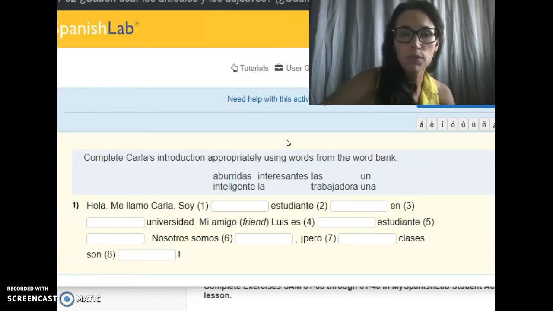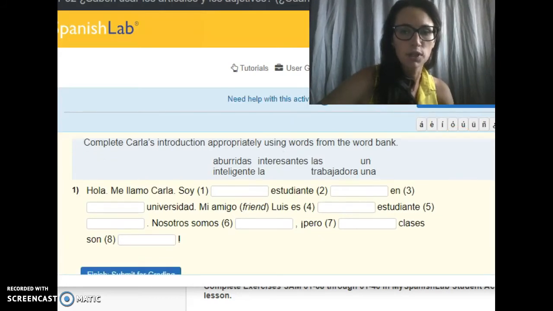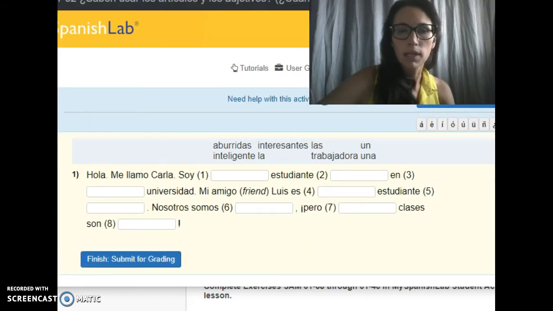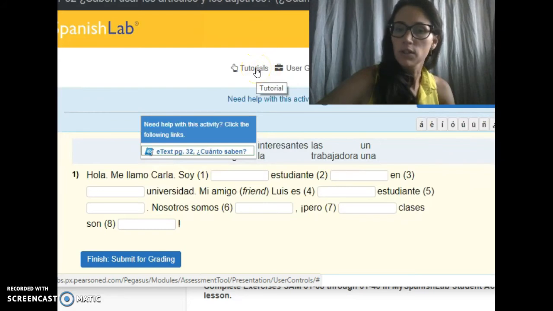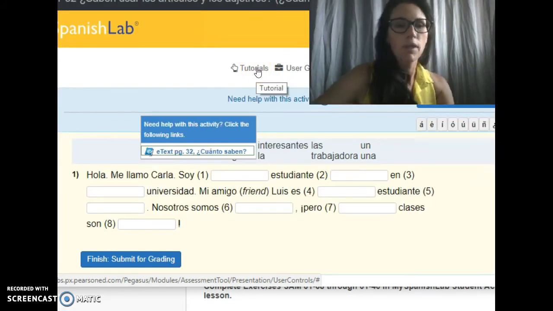So that's helpful, especially if you choose the option for scheduling where you read all of the text and then you go do all of the My Spanish Lab assignments for the week. Sometimes it can be hard to remember what specific topics each assignment is assessing. And so using that and referring back to the exact page where the lesson was can be helpful to you. There are also links here to the tutorials. They are not specific to the particular lesson that you're on, though.